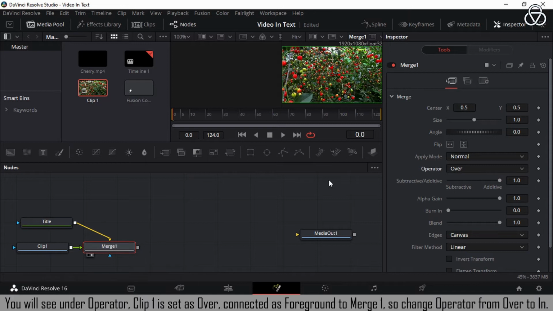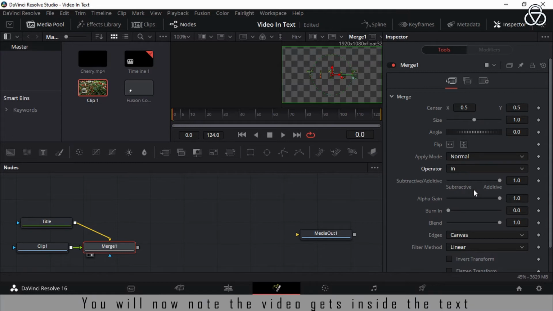You will see under operator clip 1 is set as over, connected as foreground to merge 1. So change operator from over to in. You will now note the video gets inside the text.